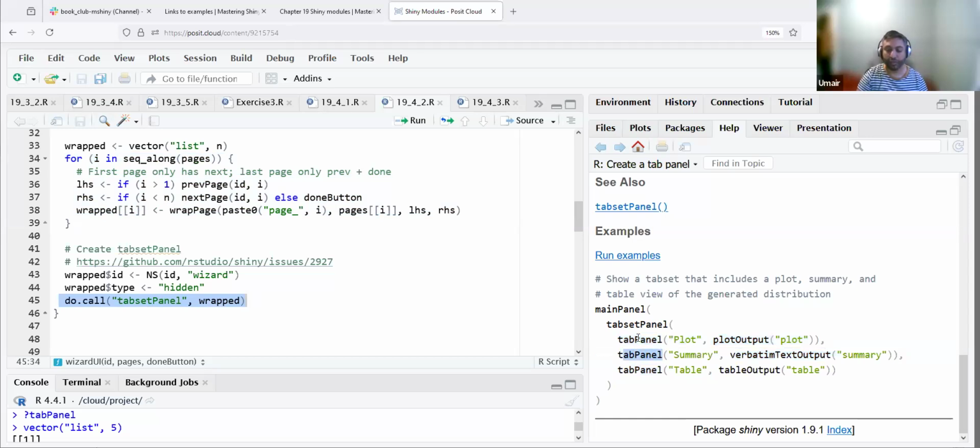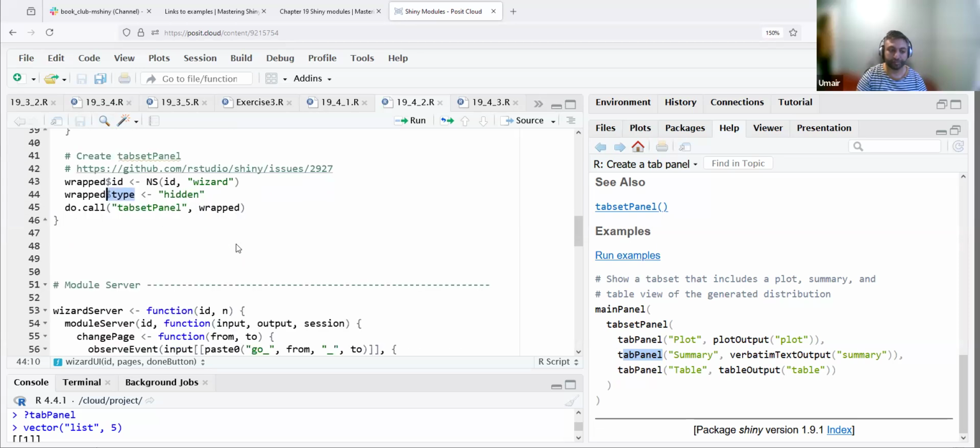It won't work if you provide a list of tab panels. So that's why we use do.call, and that's why we also provide the ID to the wrapped object, the list wrapped, and the type. We tell it that the type is hidden, and we give it an ID of wizard,